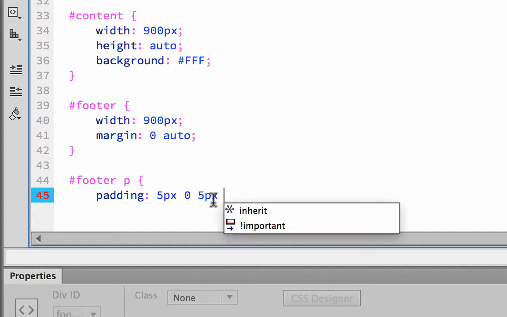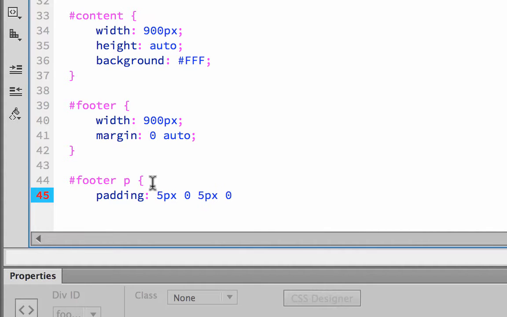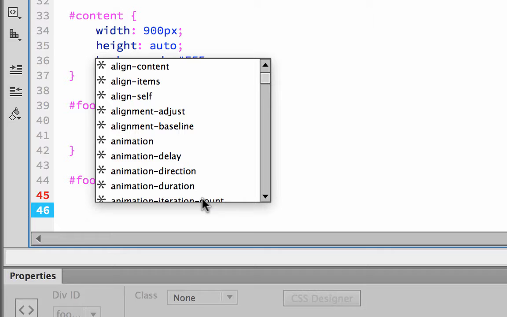But you'll see if all these are the same, see how that works? My first value is the top, my second value is the right, bottom is the third, and left is the last. So see how those are the same here? Here's the top, here's the bottom, here's the left, here's the right. So if I take those last two values away, that's the shorthand. So this represents the top and the bottom, the 5 pixels, and the 0 represents the left and the right. So I'm going to hit enter return,